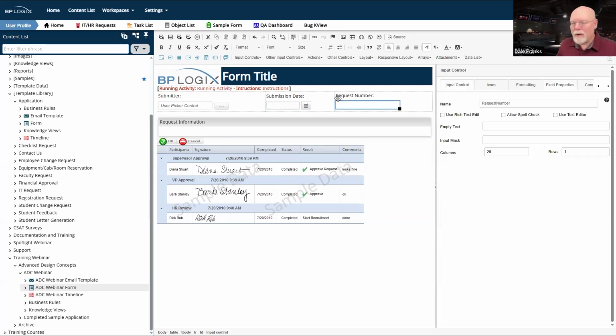The third field that we always have on every form that we build here is a request number field. All of your requests should have some unique identifier that enables you to uniquely pick out a single form instance if you're searching for it. And so a request number is the easiest and most logical way of doing that. Now, because I don't want to generate a request number until I have a running timeline instance that's valid, I can't generate the request number on the form, as I explained earlier.